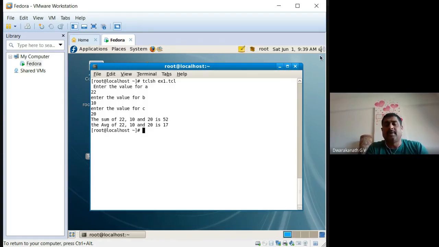The next important commands are the conditional statement, the if statement. How you can use an if statement in TCL scripting, and how looping can be done in TCL scripting. Those concepts we are going to discuss. Now I'll stop sharing this. Now come back here. Now again we should go to the PPT window.